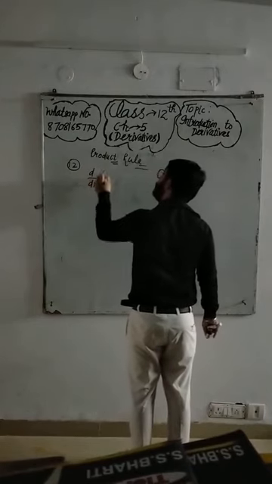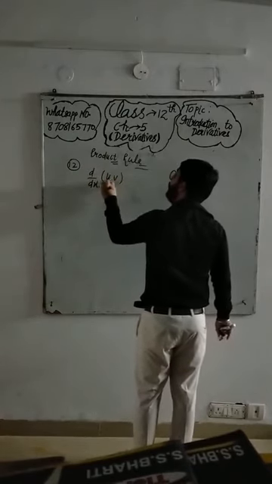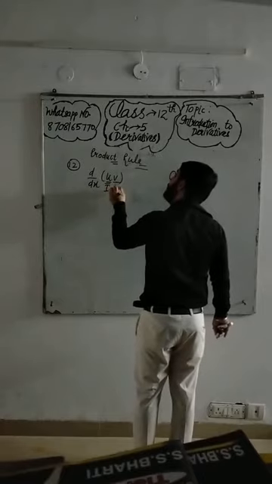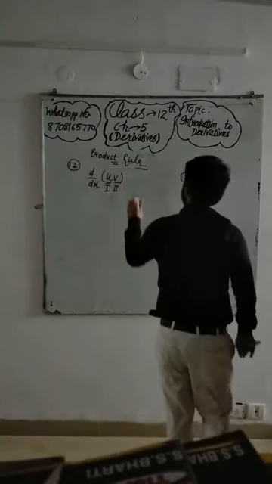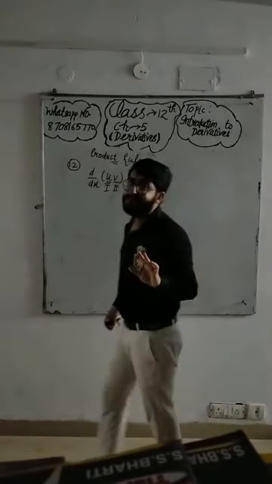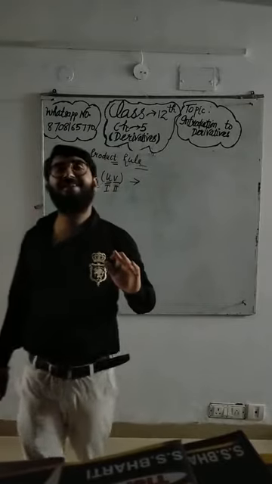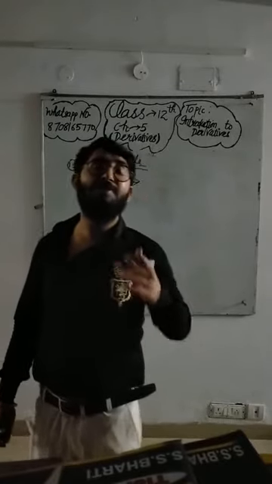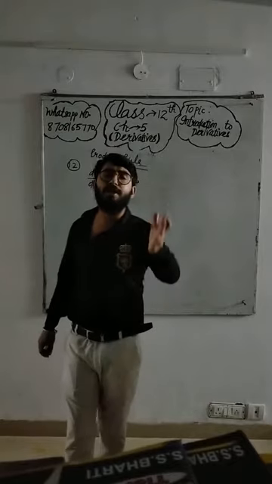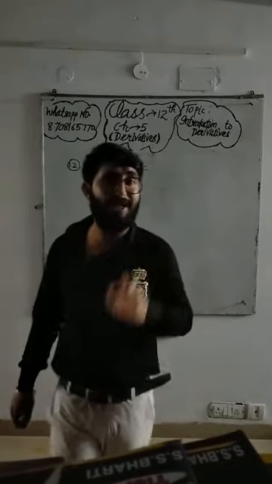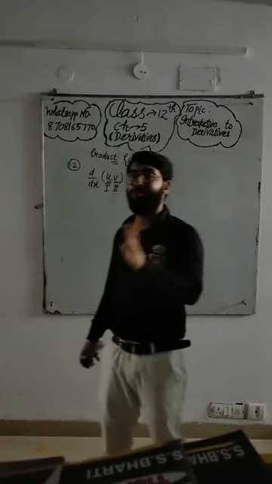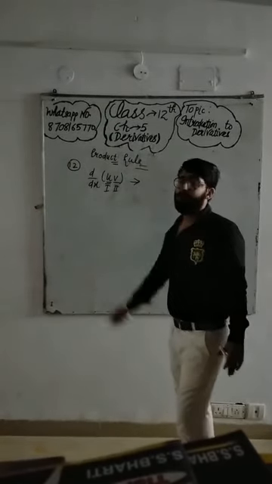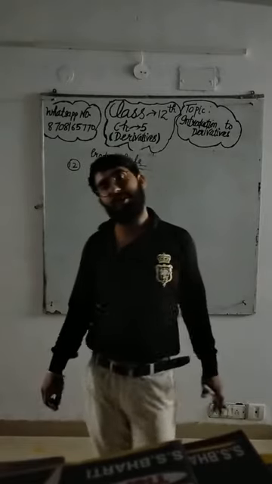d/dx of, suppose two functions are there. I have named the first function u and the second function v. d/dx of u into v. They are in multiplication, they are not terms. We learned in the last formula that if two, three, four or many terms are separated by plus and minus signs, we separate them and differentiate separately. But here we will have to apply the product rule.